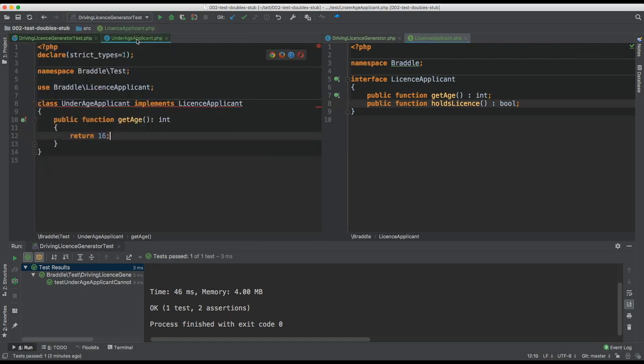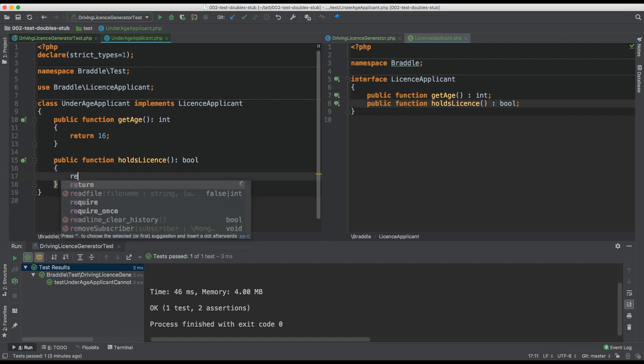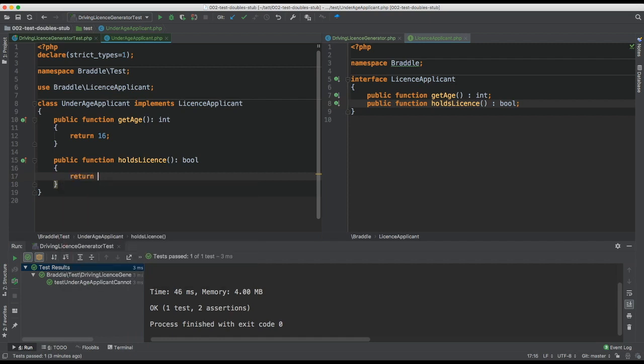Okay, so now this is an underage applicant, but it doesn't implement our interface. So we'll just fix that quickly. Add method, needs to return. So return false. They do not hold a license, but that's all good. Okay, but we probably need a new stub now